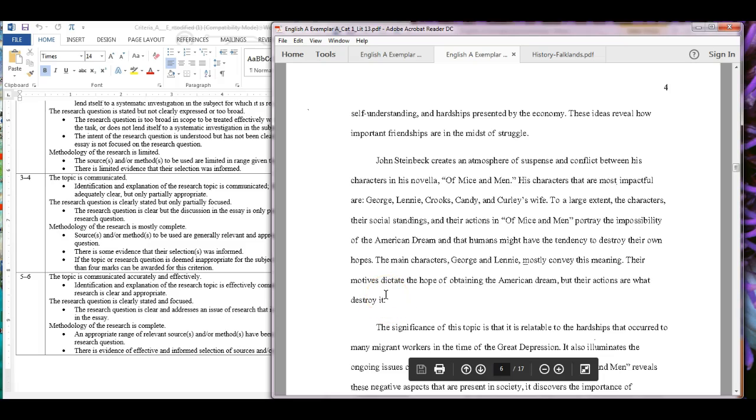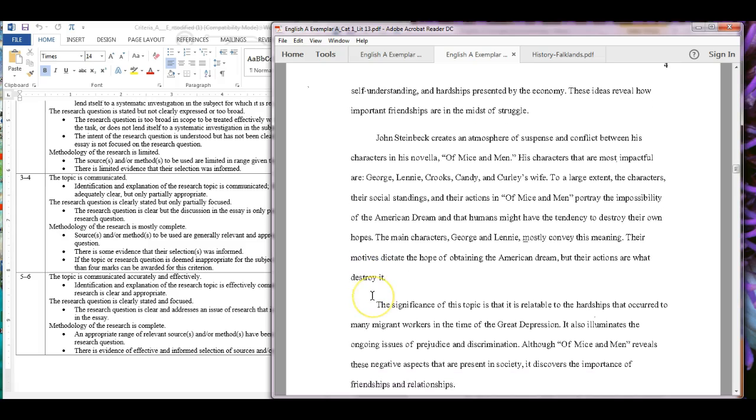Again, that paragraph right there is a little repetitive. We see a lot of the same things being said over and over again, but he's not